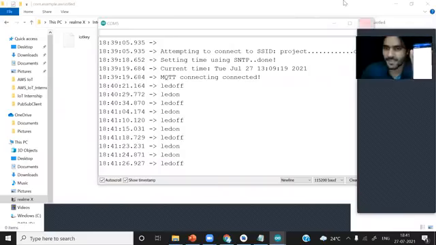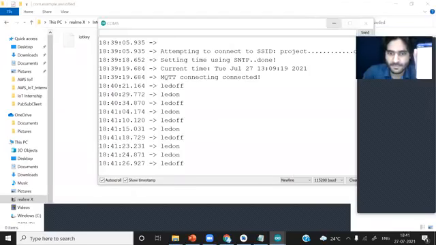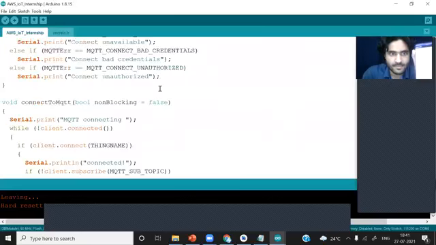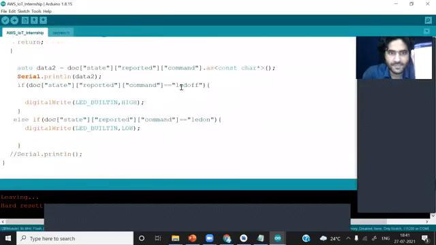Okay, I'll just explain the code here. Whenever we are receiving LED off, we are turning the LED off, and whenever we are receiving on, we are turning it on.